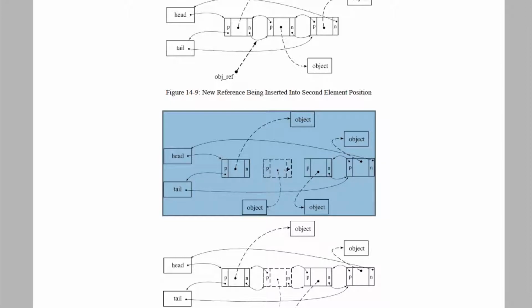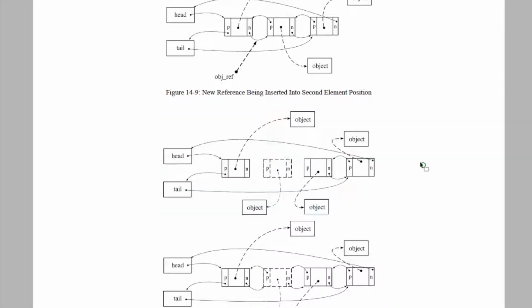And if you've never programmed, and you probably would never have done this anyway, unless you've taken a data structures class. If you've never written a linked list, this used to be the acid test, or the surefire way. If you were ever confused about pointers in C or C++ or any language, you would never be confused after you've successfully written a linked list program, because you really had to stop and think about what you were doing with the pointers and where they were going, and to insert an object in the middle of this